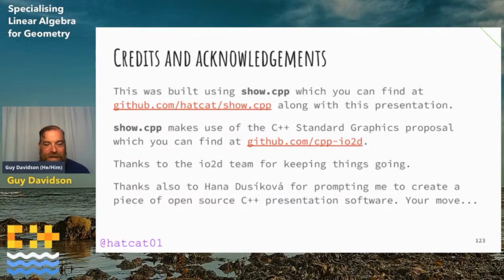All right, so my first question is, how far down the line is the linear algebra proposal from a standards committee point of view? Well, proposals have quite a long path. They start off in a study group. This one started off in study group 14, which was for game dev and low latency. Then it went into study group 6, which is the numeric study group. Then it went into LEWGI, which is the Library Evolution Working Group Incubator.